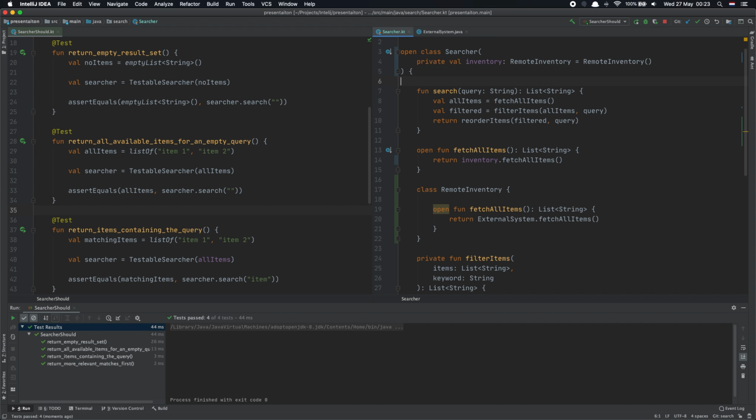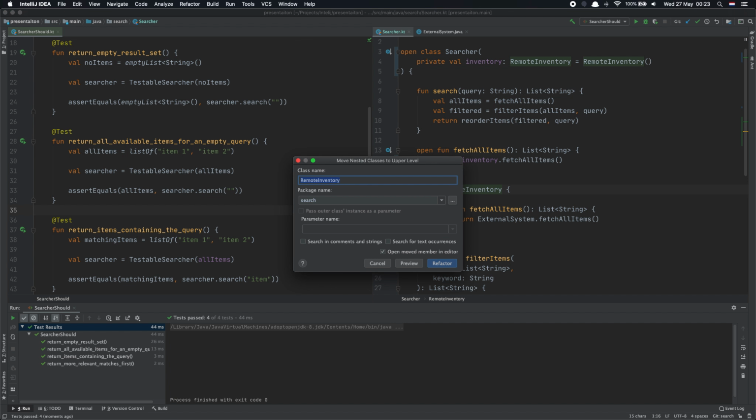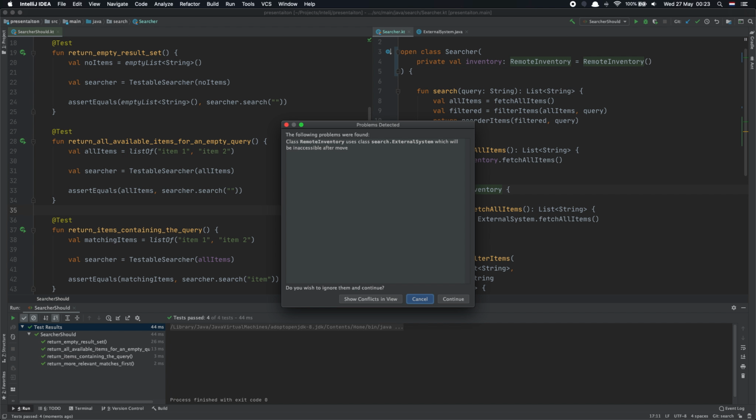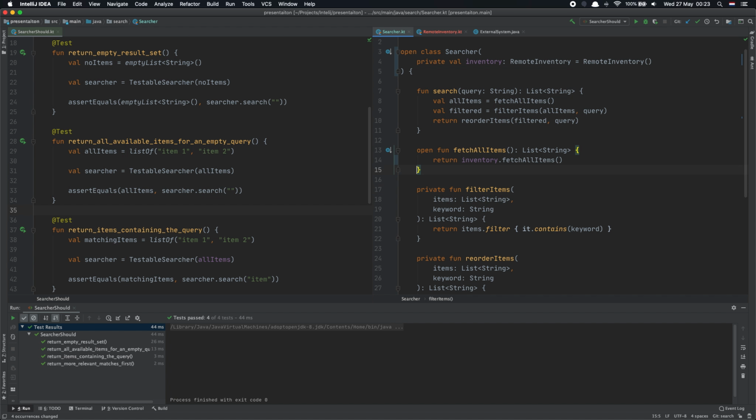Cool. So what I'm trying to do now is switch the theme from this class to the inventory. Then I think I'll just extract this into a standalone class, make it bigger. Good. And now I think it still works. And now I'm gonna try to eliminate this theme and replace it with another one that I'll create for the remote inventory. So here in the test,